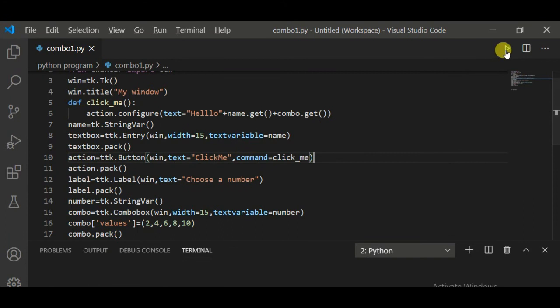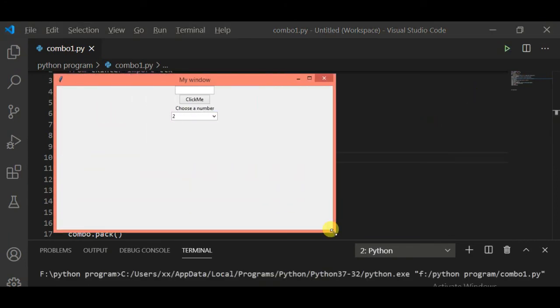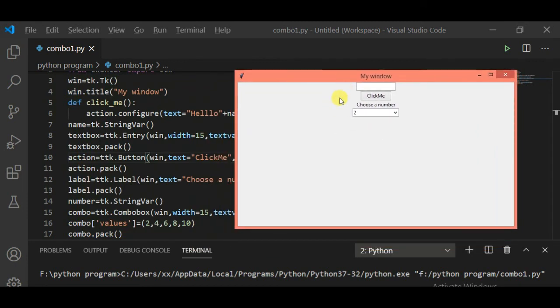Now run it. You will see all the components that you have created are inserted inside my window, and the default number is 2 here. Now I am giving some text inside my text box.